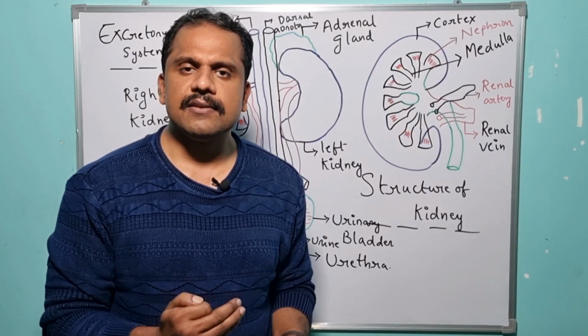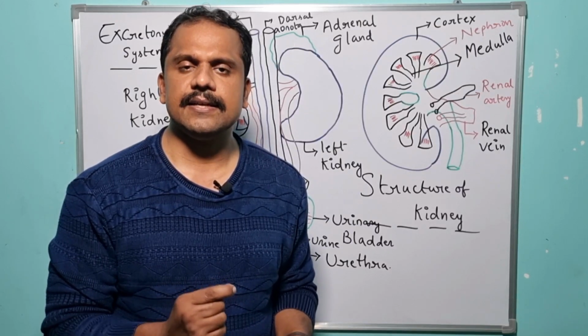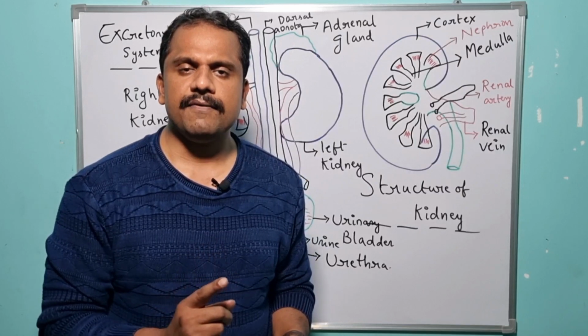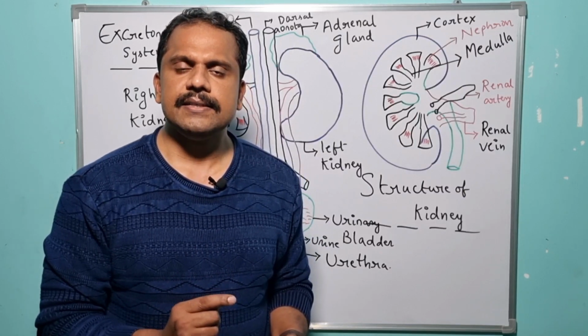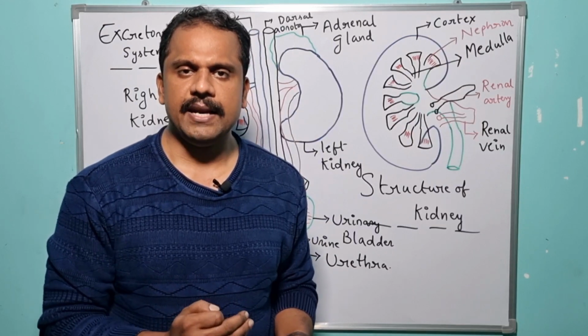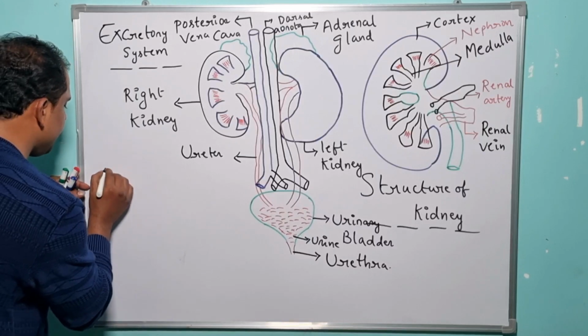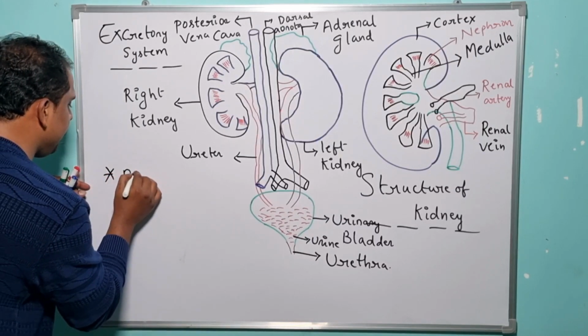So what are the various components of the excretory system? The various components are a pair of kidneys, a pair of ureters, the urinary bladder and the urethra. For your better understanding, let me write it on the board. The various components include a pair of kidneys,